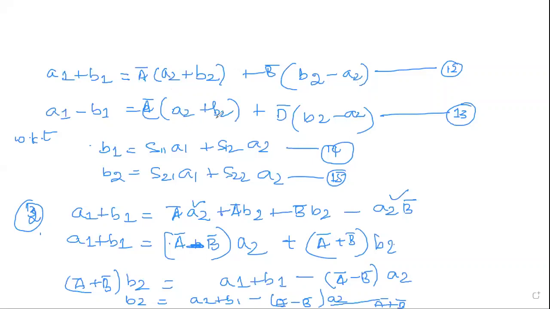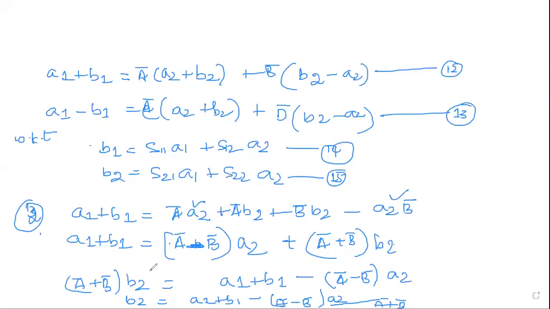This is C bar A2 plus B2, D bar B2 minus A2. Okay, then write the S parameter. Now from the 12th equation, write A1 plus B1 and take out, multiply this. You see your S parameter, you want it in terms of A1, A2 and B1. So we need to make the common terms for A2, B2 and then write in terms of B2, because now we are solving for B1.